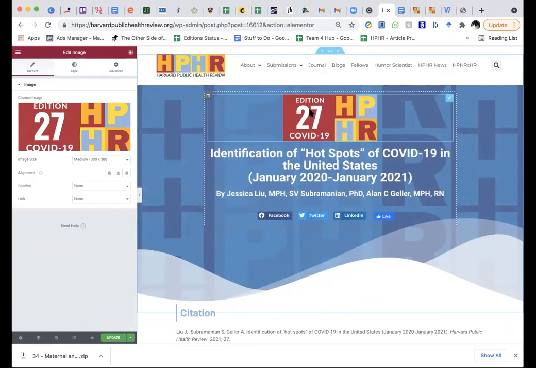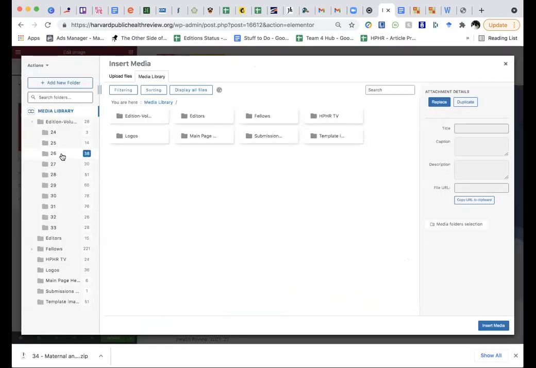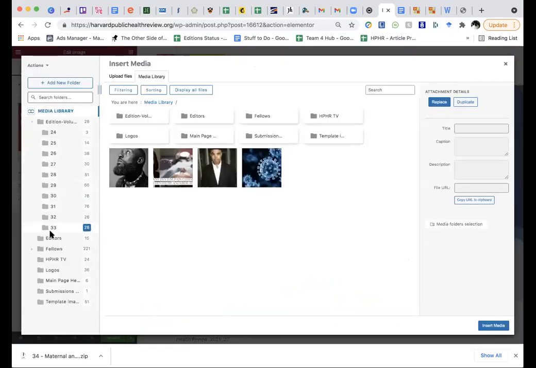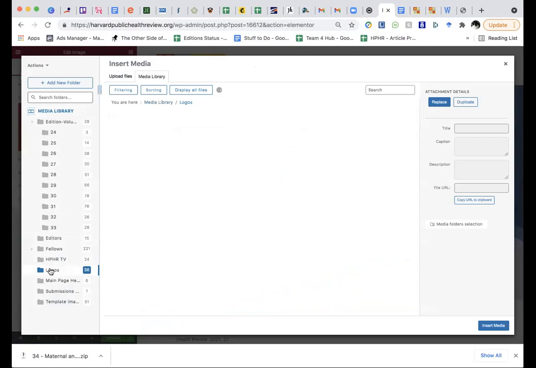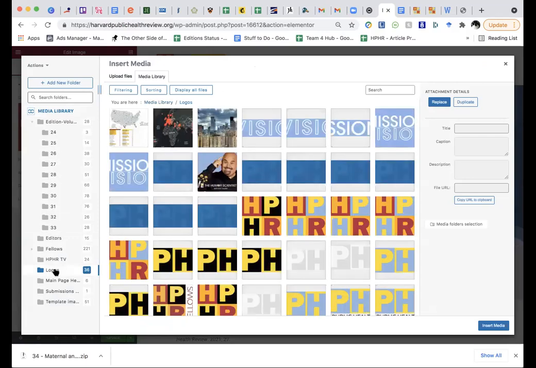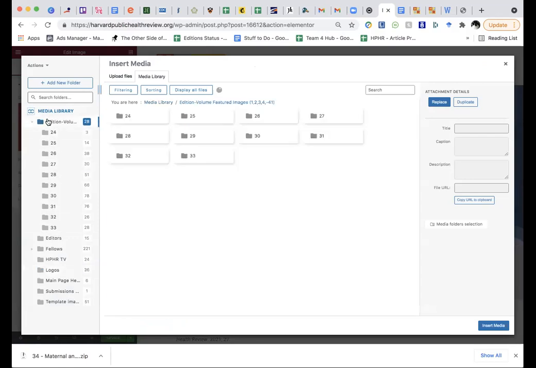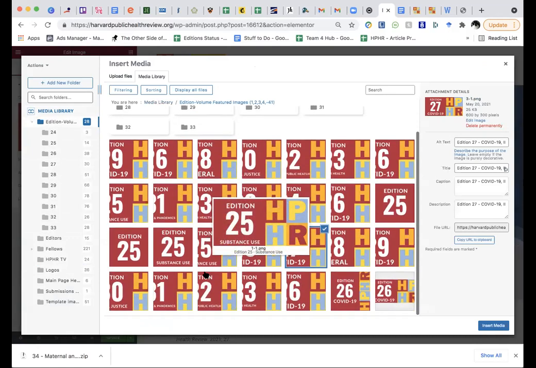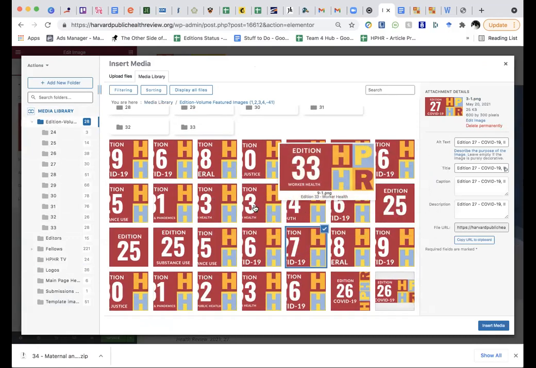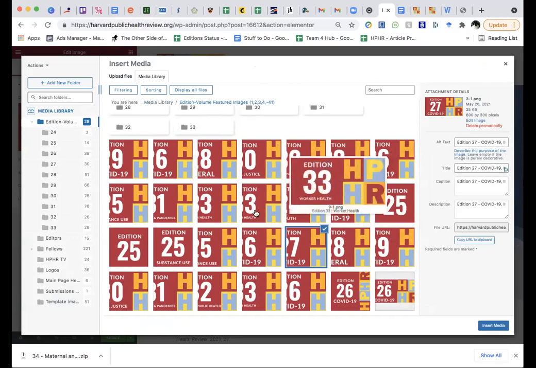So the first thing, we're going to want to change out that because this is edition 34, right? So we're going to go here to choose image, and we're just going to go to logos. Or no, we're going to go edition. Never mind, sorry. And since this is 34, I may have to make it, but we won't include that in this video. But we'll just pretend